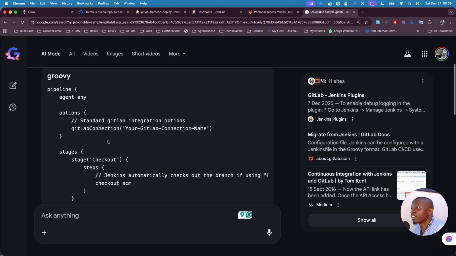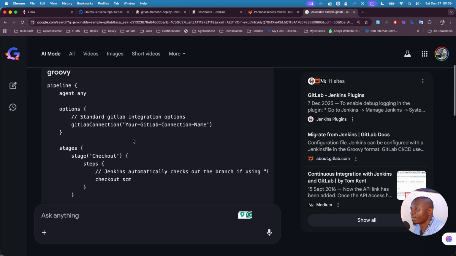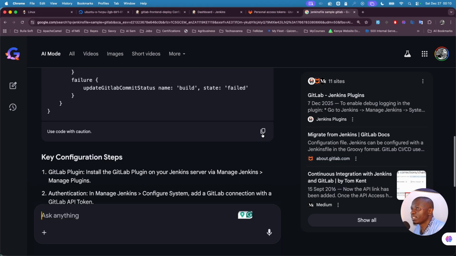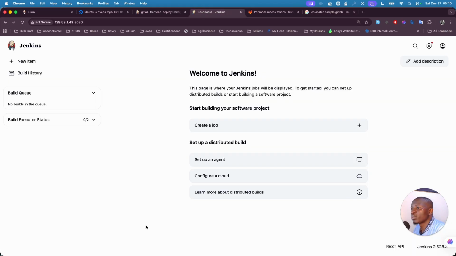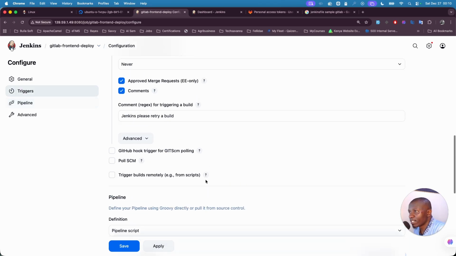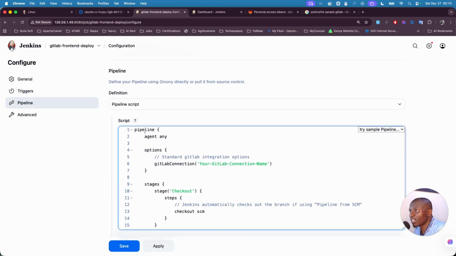So like this one, you can see this is the way that this pipeline is done. So I can just use this. I can just copy this and use this sample. So this is what will happen. If I come to Jenkins and paste this one here, first you'll need to specify